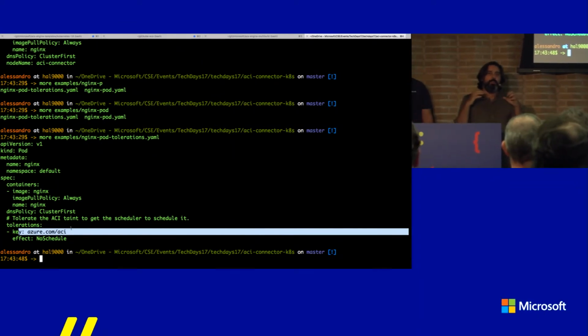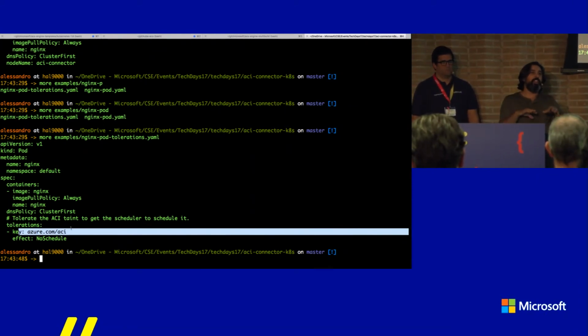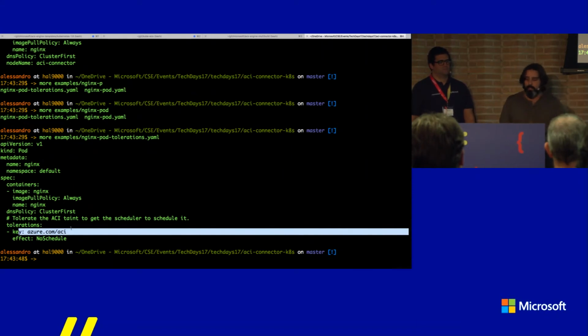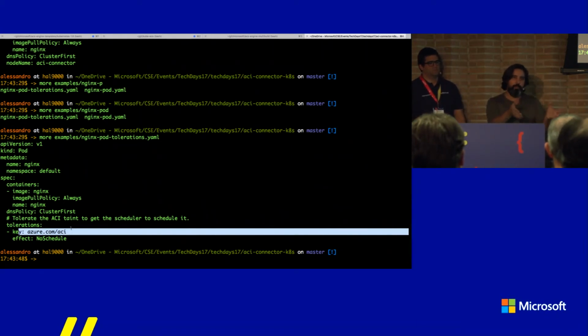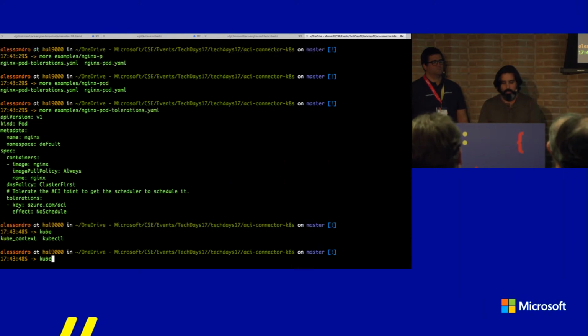So this says run these pods anywhere you want, and you can tolerate running them on nodes that are also ACI labeled with this key. So that's the burst case, where you run everything in VMs or wherever you can or want, and then you can burst up into ACI. But in our case, we're going to make a simple one.